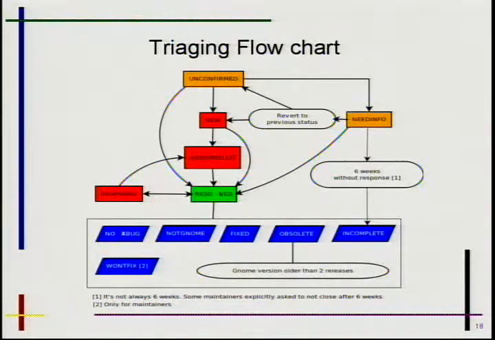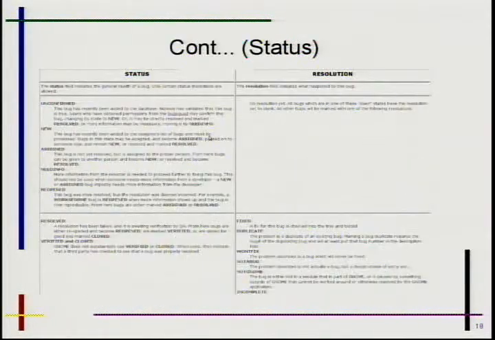This is it for this diagram. Yeah, this was just more information about the state of the bugs. So as I already explained, when the unconfirmed and new states will be used. About the resolution part, the bugs which are not GNOME related will be moved to not GNOME, and there will be some comments which are not relevant to any bug. So those bugs will be closed as not a bug.